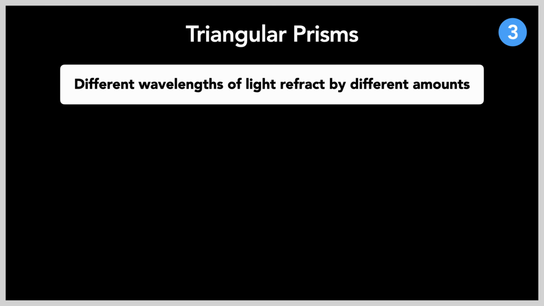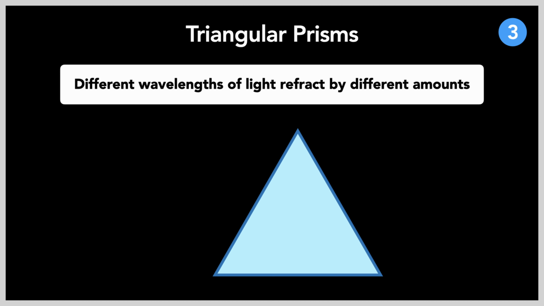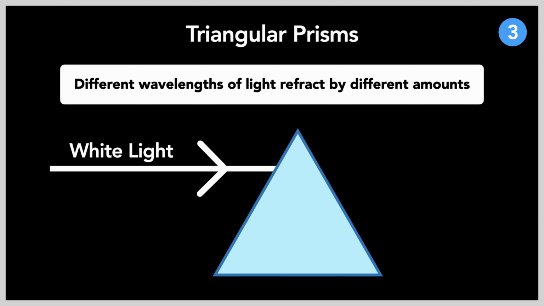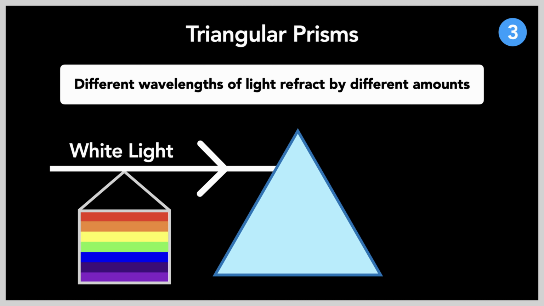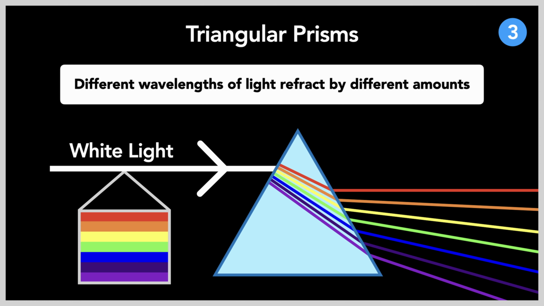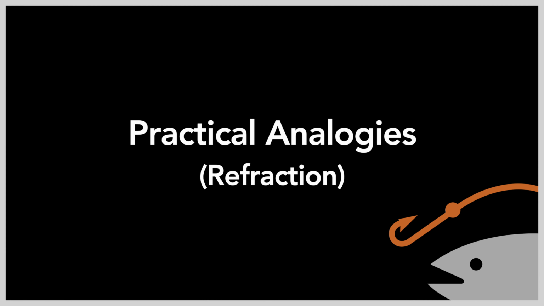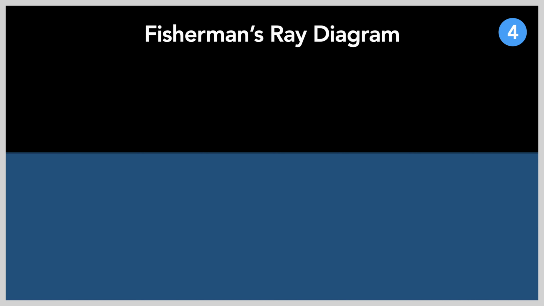This means that different wavelengths refract by different amounts, and we know that different colors in the visible spectrum are of different wavelengths. If we point a beam of white light, which contains all the colors of light in the visible spectrum, towards a triangular prism, each color of light will have a different angle of refraction, resulting in spread out emergent rays. An example of refraction taking place is a common sight for many coastal dwellers.